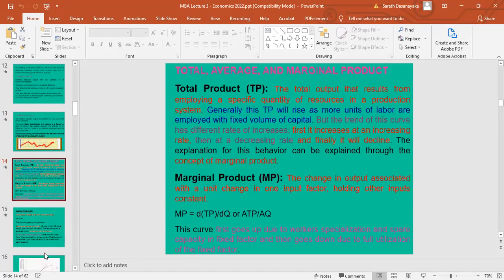And now we are trying to analyze production behavior. Production behavior we can analyze with respect to total product, marginal product, and average product. Then you can see total product, that means the TP curve, the total output that results from a